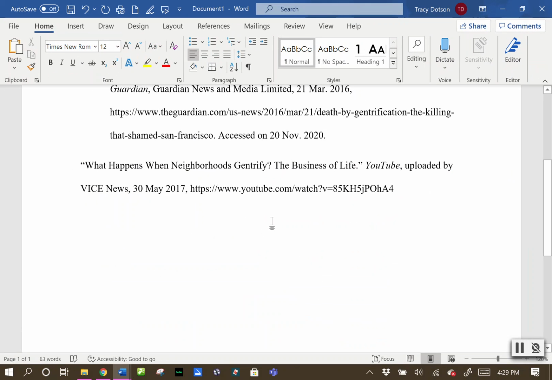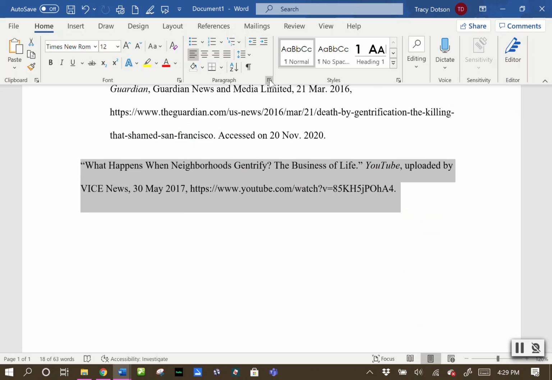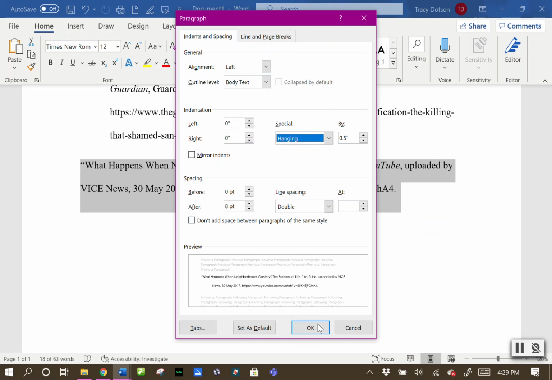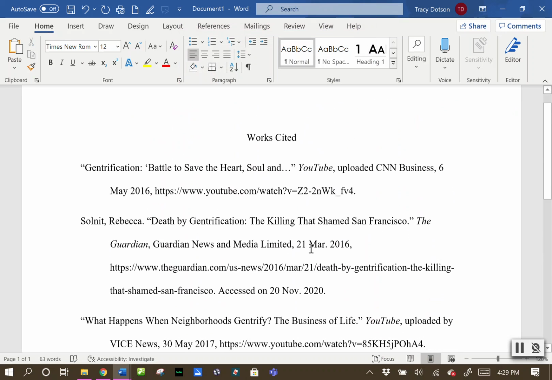Alrighty, paste, period, enter. All right, we go back, remove the hyperlink, highlight the whole citation, we hang it, and we're done. That is the works cited.